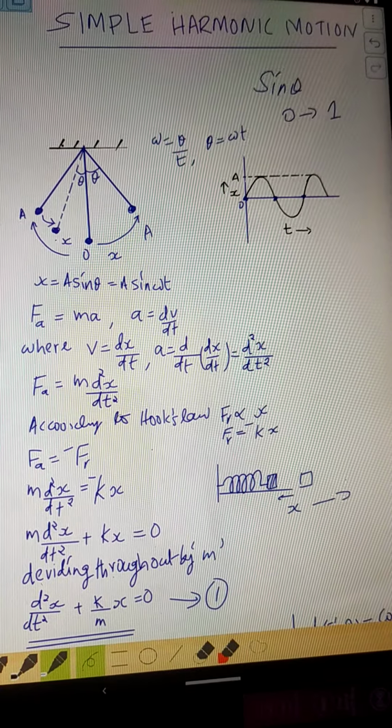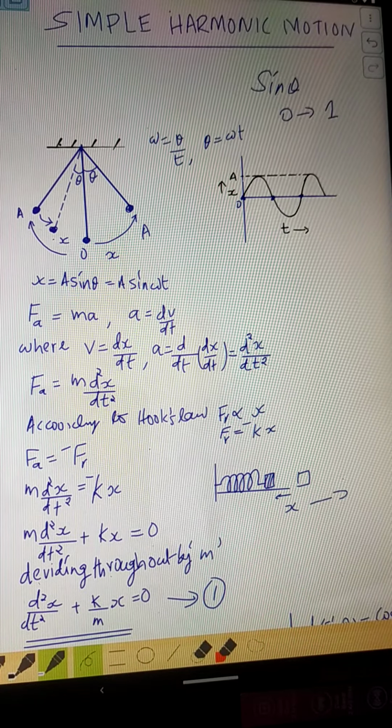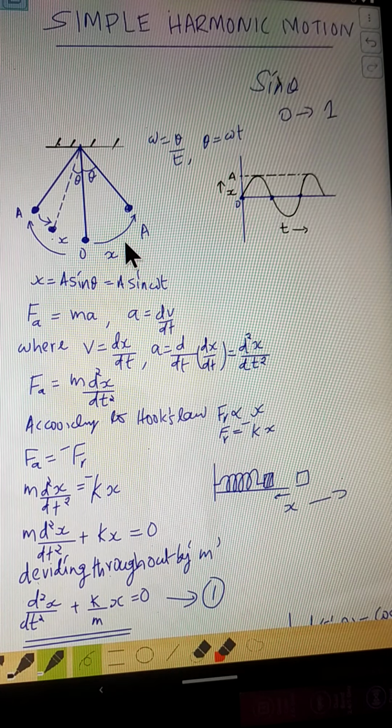a mathematical function. A mathematical representation can be used to describe a situation happening in nature. Here we have a mechanical setup. This is familiar to us, the simple pendulum, and this is the equilibrium position, the undisturbed position, the mean position of the bob. If it is displaced from the equilibrium position, x represents the position of the body at various instants of time. And since x is changing, the instantaneous displacement also will be changing with respect to the position of the body